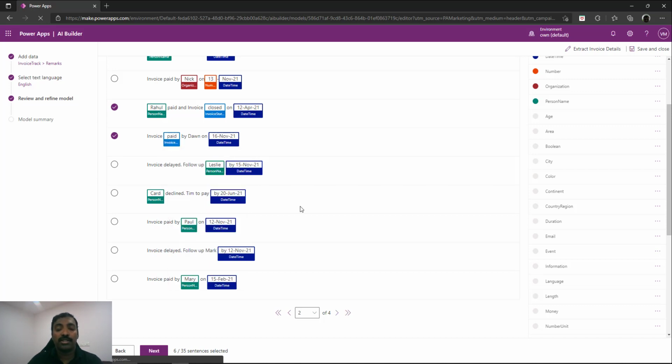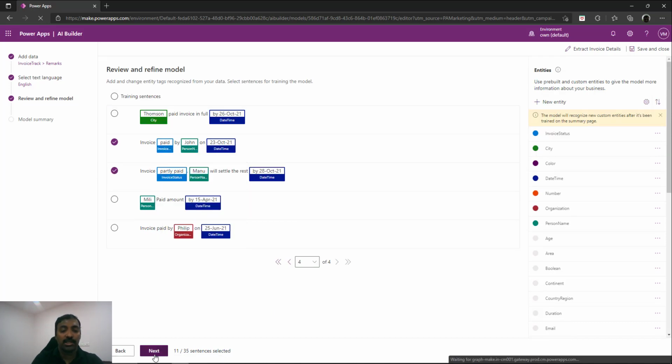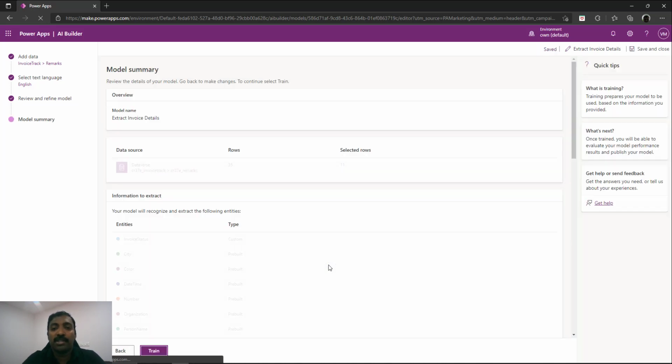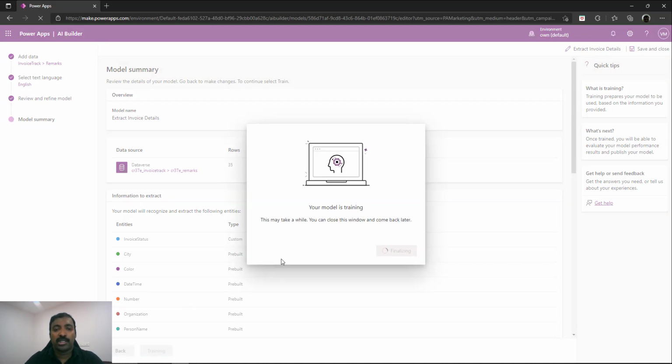It's a small glitch with the wizard as of now. So you can click on next. Based on these statements that you have selected, it will automatically try to train the model. So you have now come to the wizard where you are going to train your model. Click on train. It will start training the model, and it will take a while before it completes the